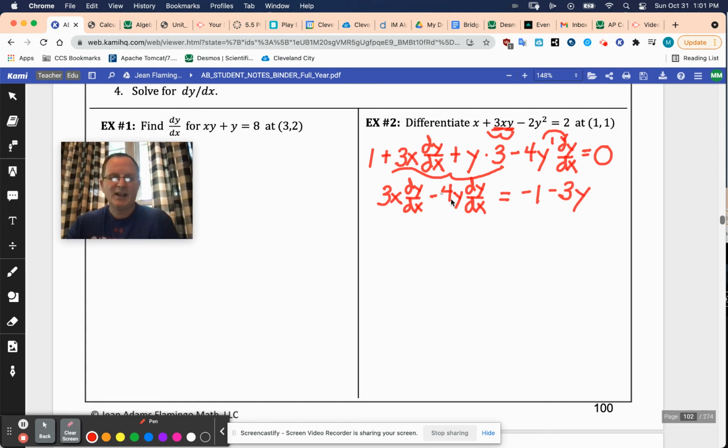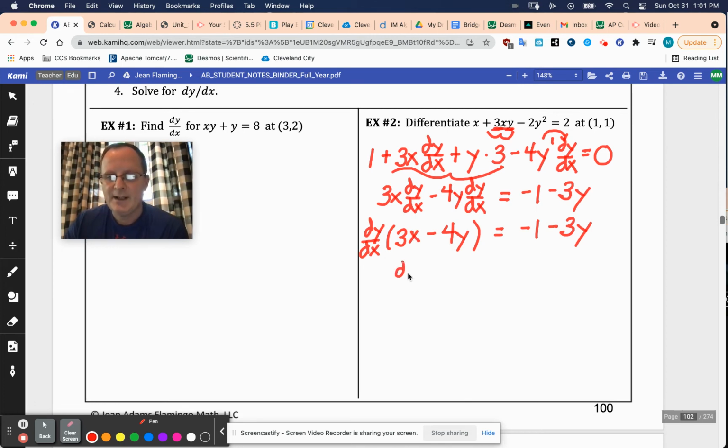Okay, and at this point, you can kind of see what's about to happen, but I'll go ahead and show it. I think it would be okay to either skip this writing and go ahead and know that you're going to factor out a dy/dx. And if you're just the type that likes to show everything, that's okay. But you could skip that, I think, and be perfectly fine. Or you could skip what I'm writing right now and go all the way to the division, because you know that you're going to factor out the dy/dx and then divide by what remains. Well, what remains then is the 3x minus 4y. So I'm dividing both sides by that. All right. So that means the dy/dx